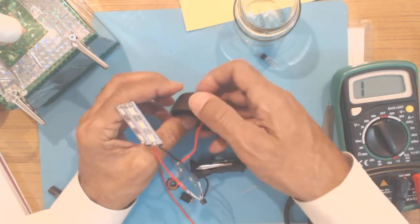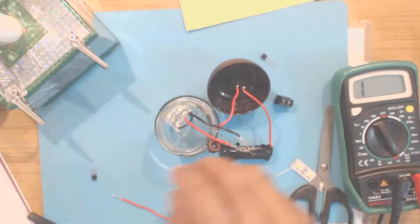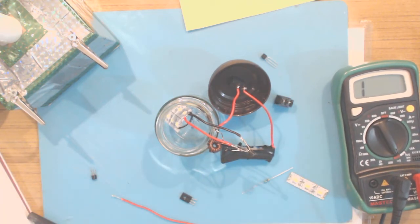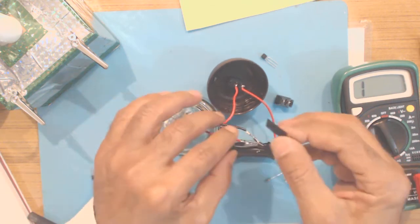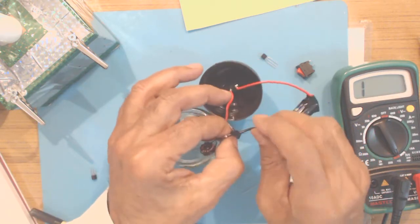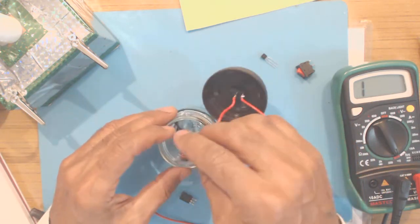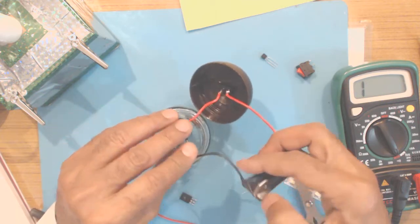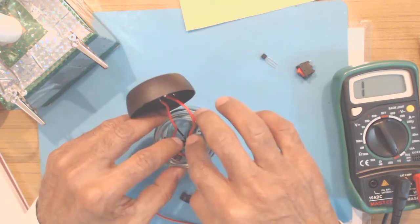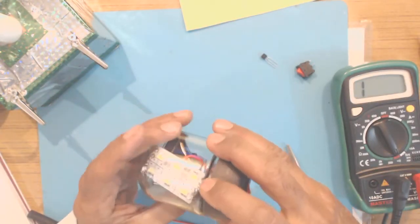So now, since everything is ready, we can put it inside the jar. And before doing that, I think it will be a good idea to put a piece of insulating tape on the center terminal of the transistor where the resistor is connected, so that it doesn't touch the other terminals. So keeping this in mind, so that all the terminals stay separate, you can place everything inside this jar and